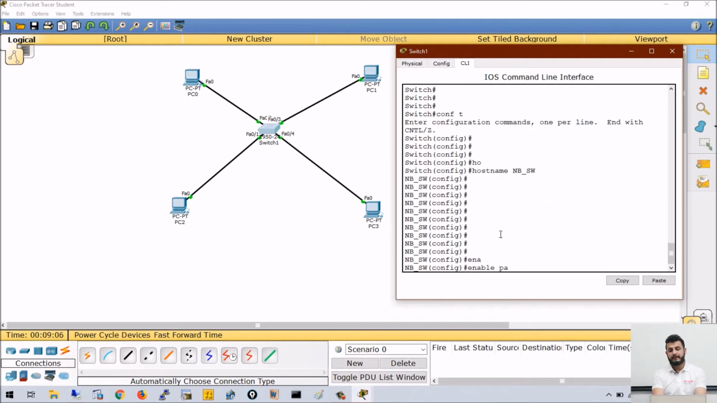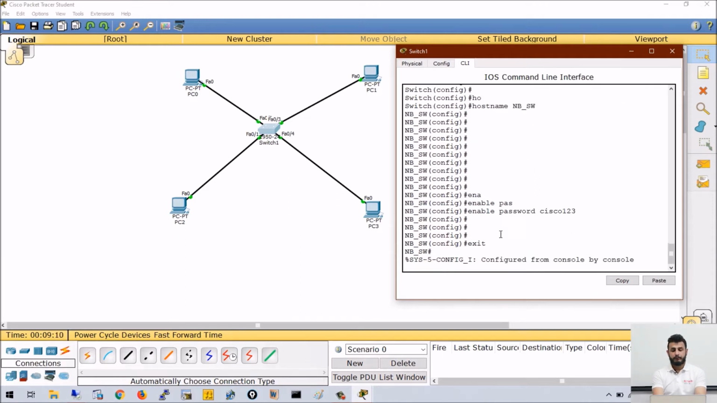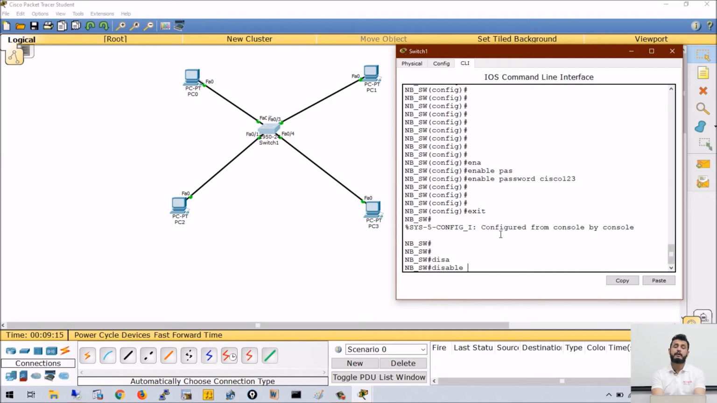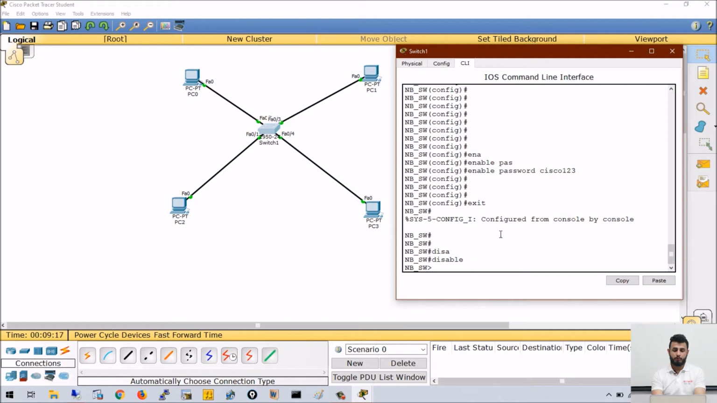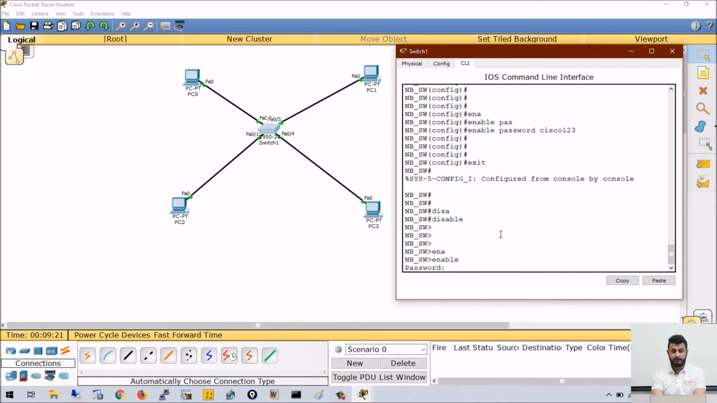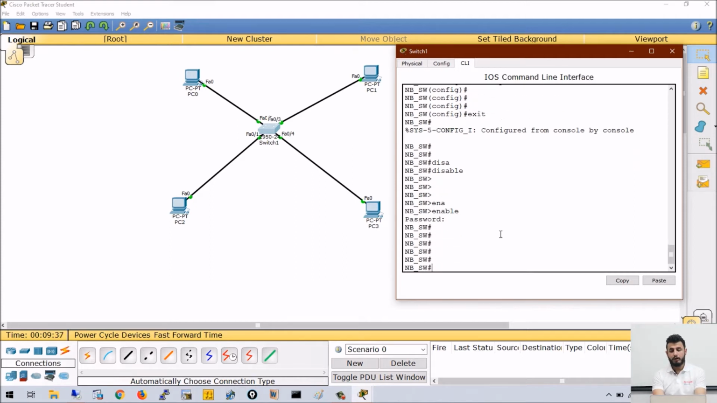Now if I want, I can set an enable password also. Let's say I am setting the password Cisco123. If I write disable, which is the command to go from privilege to user mode, and then press enter and type enable again, the device will ask for a password, and the password is Cisco123. It will not show dots, it will not show anything when you are typing the password. It is for security reasons. So you have to type it